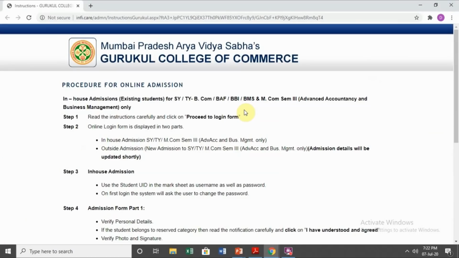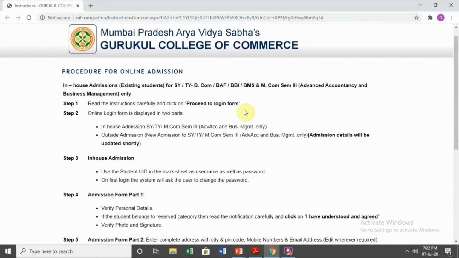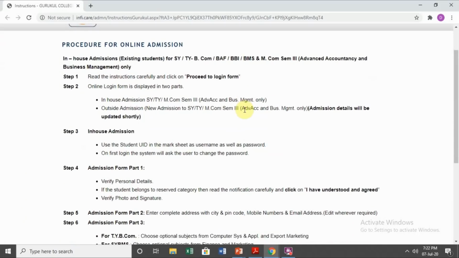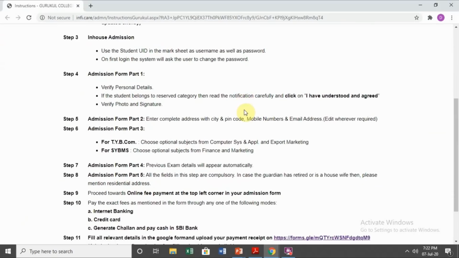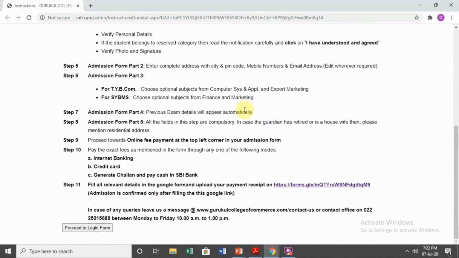Here all the instructions are being given stepwise. Once you go through the steps, at the end of the page, you will find a button, proceed to login form.